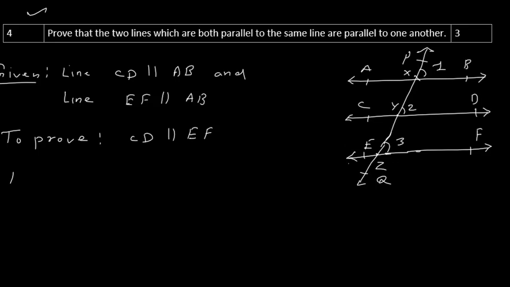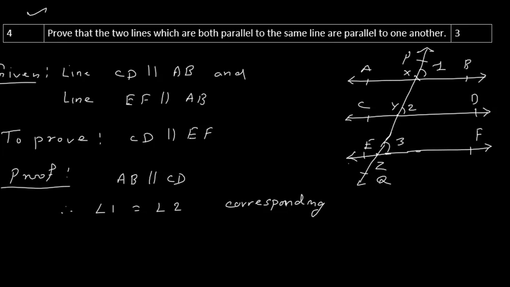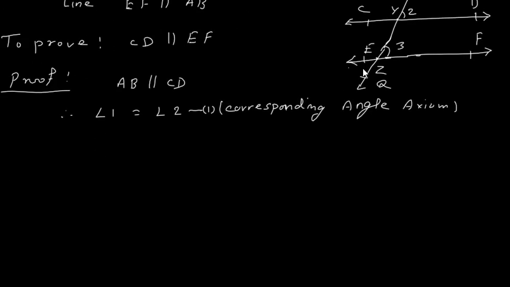Now in proof, what we say that AB is parallel to CD, therefore angle 1 is equal to angle 2, okay. Their corresponding angle. So when two lines are parallel, their corresponding angles are equal. By corresponding angle axiom these two angles are equal. Let us name this as equation 1,